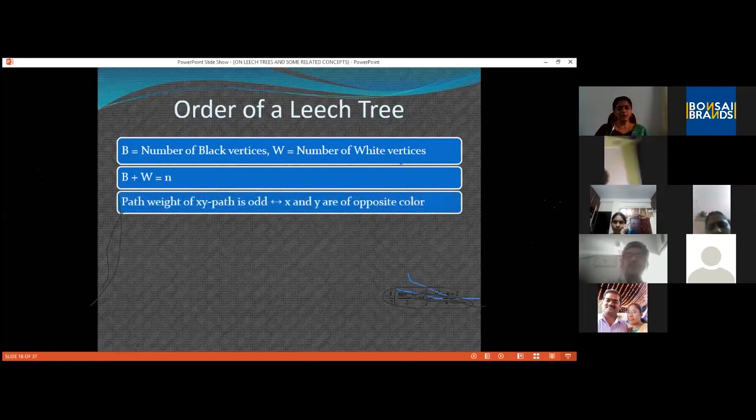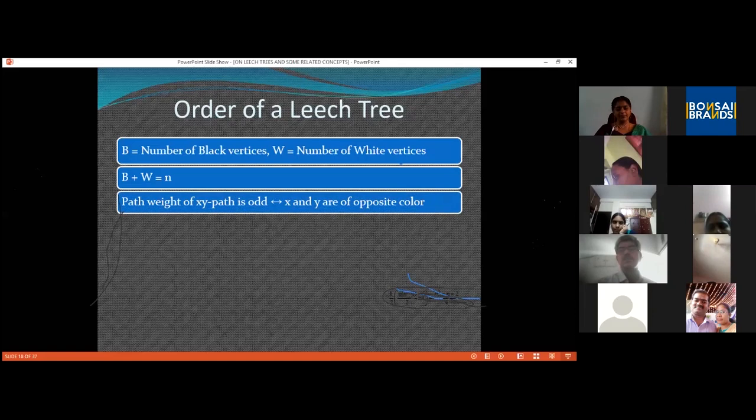Now, what about distance between paths having same color? Take two vertices which are colored black and consider the path joining them. There are two possibilities. Let the vertices be x and y. v is a vertex which is colored black, and the distance from x to v is even. Distance from y to v is also even.